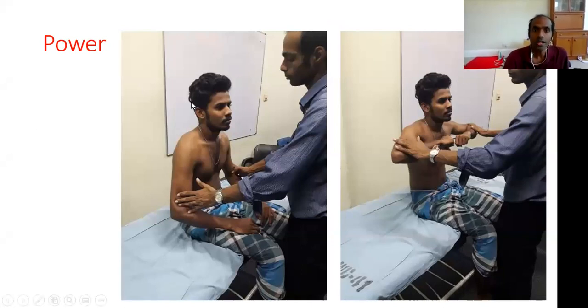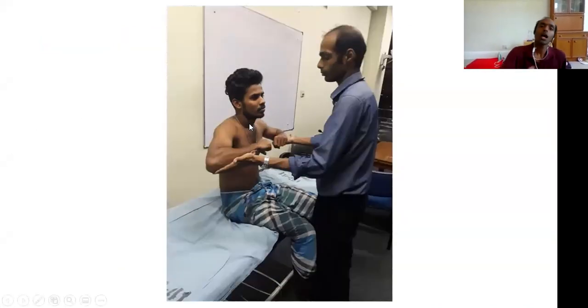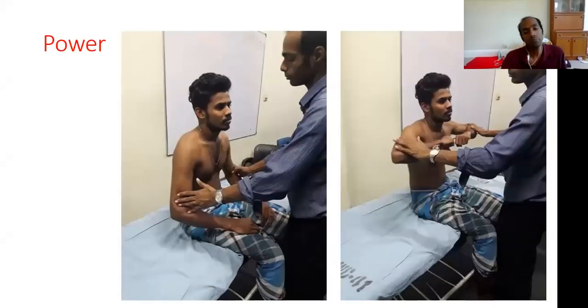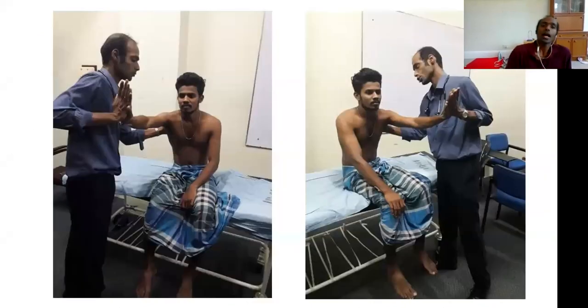Abduction of the upper limbs. Adduction of the upper limbs. Relatively, I would say this is not very important because it doesn't have a very good localizing value. But abduction is very, very important. Now this movement is also very important. Why is it important? We are looking at the